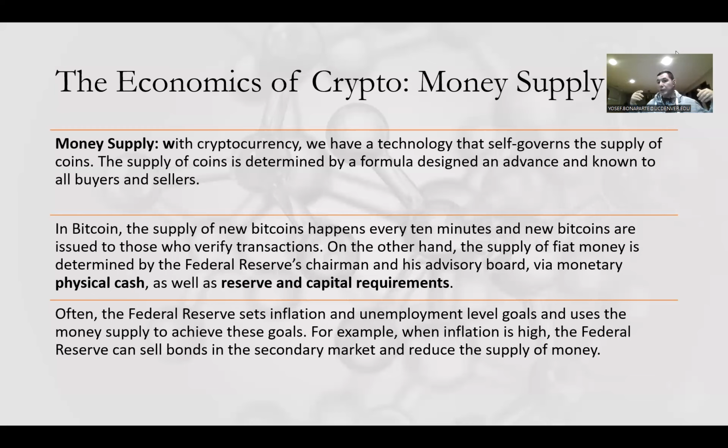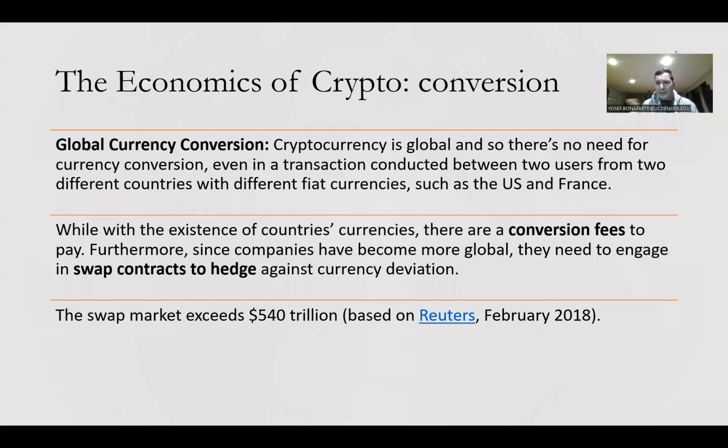And with crypto, there is less wealth inequality because the rich don't have easy access to the next Bitcoin. It's not like Bitcoin gives 10 Bitcoin to the rich to do something with. No, Bitcoin says you have to earn the new coins, and to earn them you have to be a verifier to verify transactions. You have to work, either proof of work or proof of stake. So with money supply in crypto, you have to earn it. With the Federal Reserve in the real world, you don't have to earn it. All you have to be is a bank and rich. And not all banks, by the way, get money from the Federal Reserve.